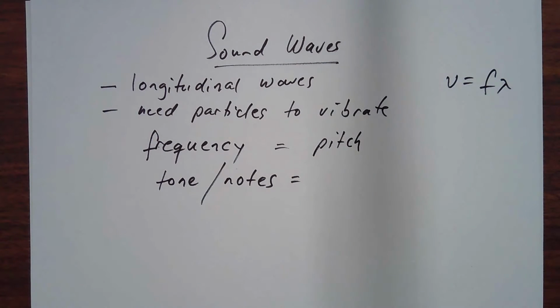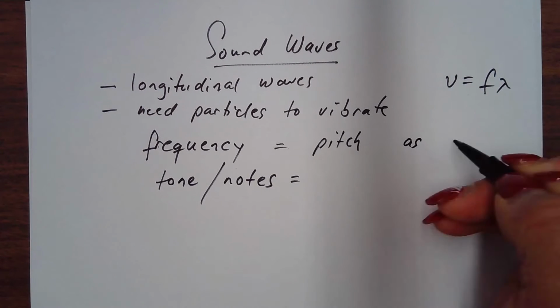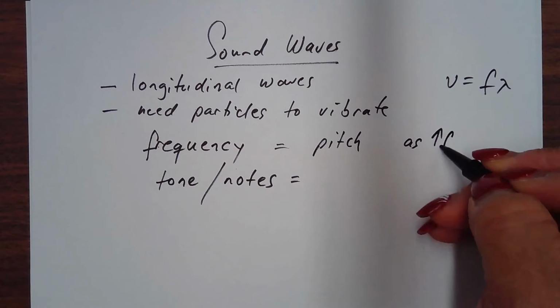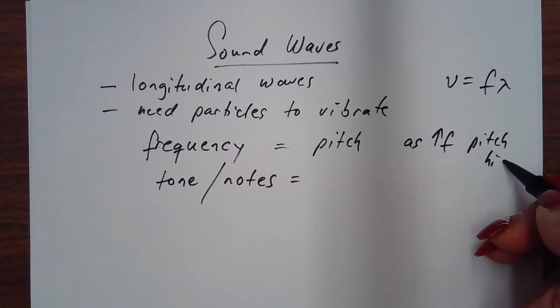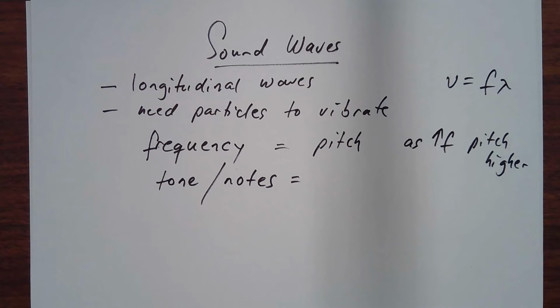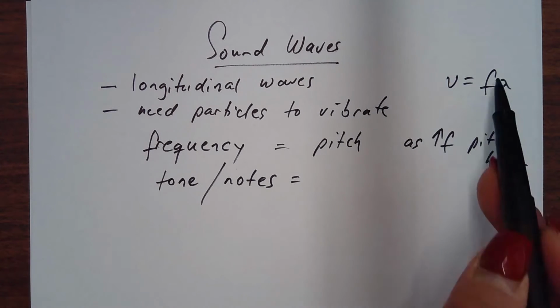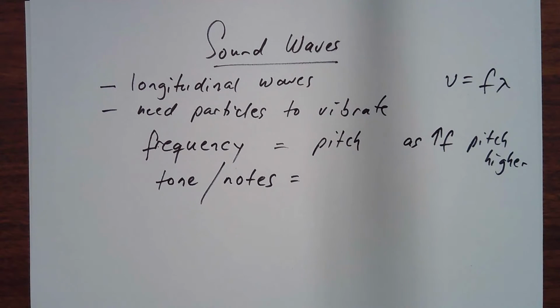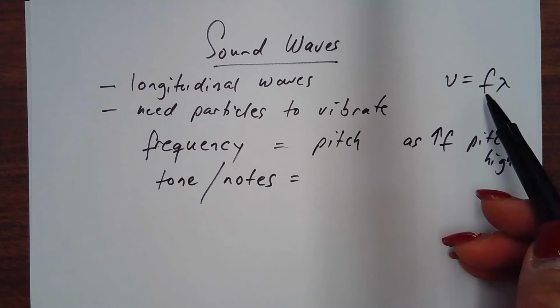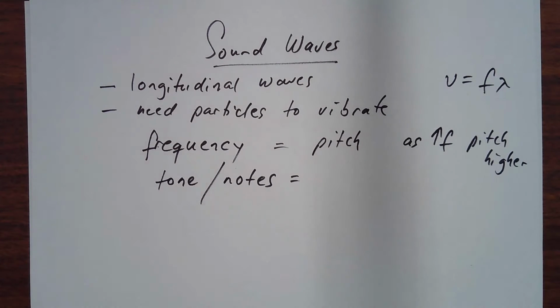So if it's high pitch, what does that mean in terms of frequency? So if there's an increase in frequency, the pitch will be higher, right? And vice versa. The notes itself, which one do you think would be in this one here? Would it be the, well, it's not the frequency. Would it be the wavelength itself, or the speed of the sound? Make a guess. So you know it's not frequency, because changing the frequency changes the pitch.